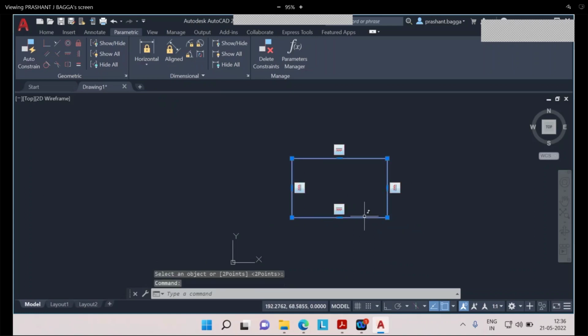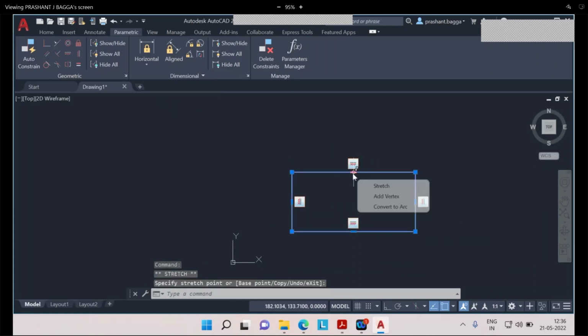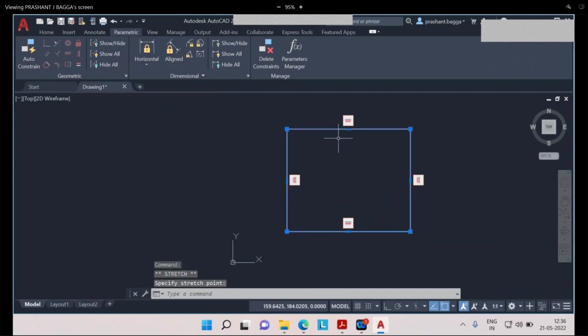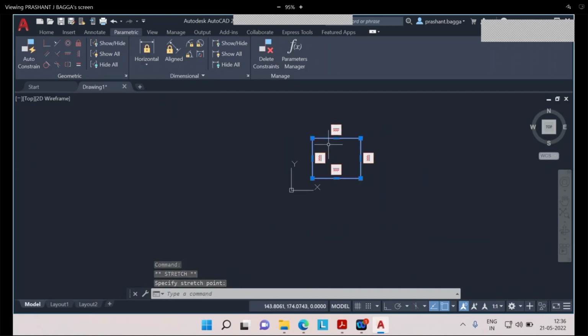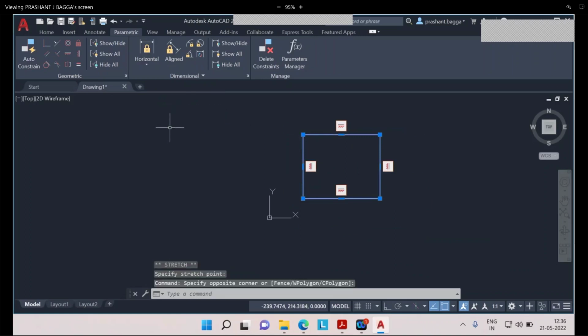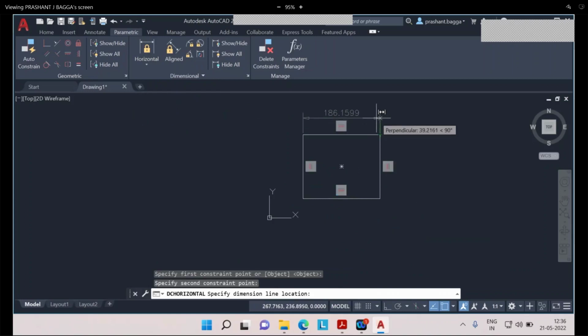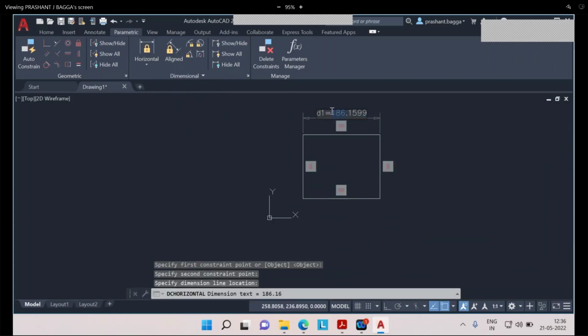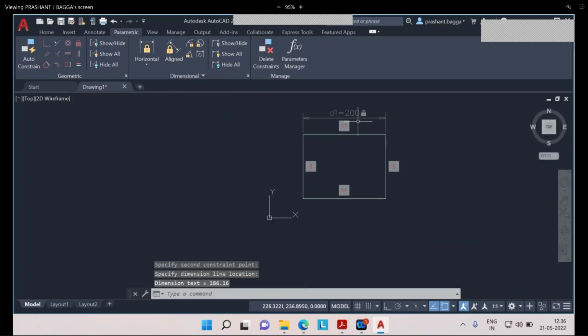Now if I select this object and move it, it will change its position, but it will never change its shape. The shape will remain the same. Now if I give dimensions, after the geometrical constraints, horizontal, so it is 180. Suppose I make it 200. It does not deform because both the lines have become 200. Similarly, if I give a vertical constraint,